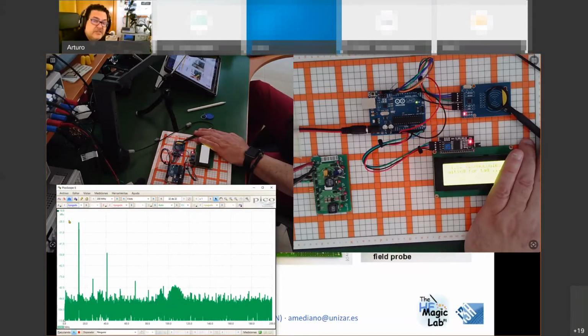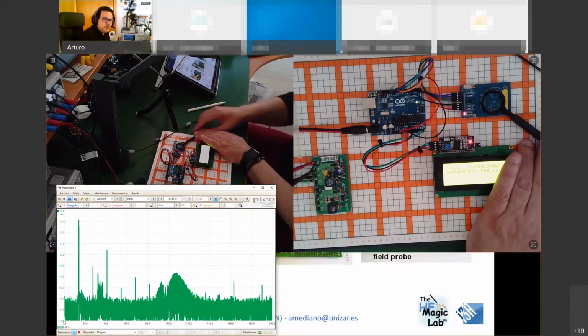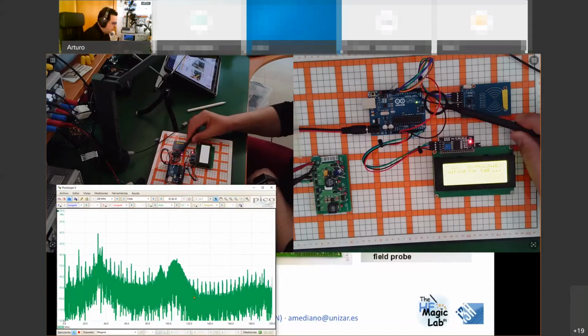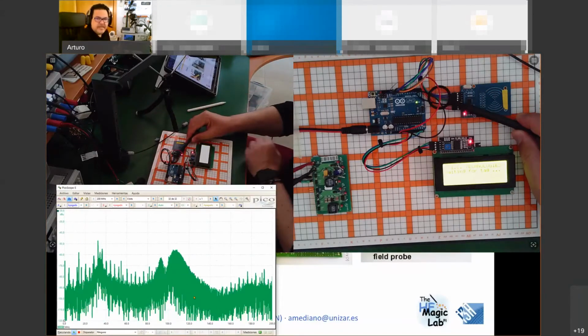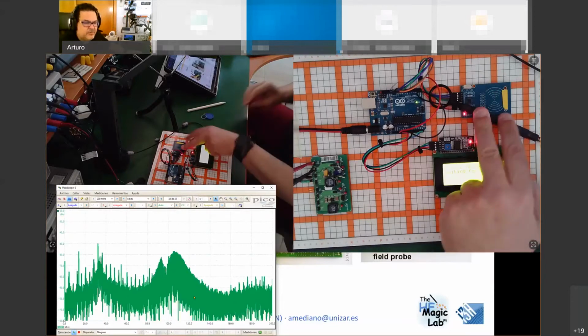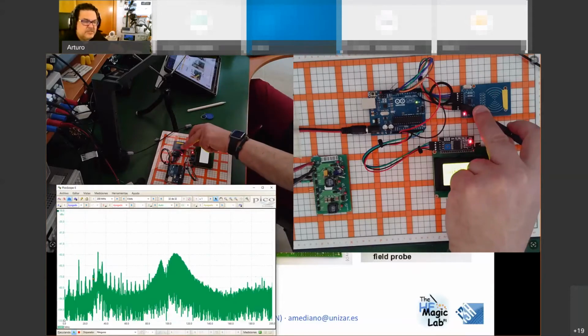The RFID system is using one of the ISM band frequencies, 13.56 megahertz. And because this is not a perfect sinusoidal signal, we can see the second harmonic and the third harmonic. Additionally, I can see the mountain that is related with my problem of emission at 100 megahertz. Now, if we go close to the microcontroller, when we go over the cables, you can see that I have a lot of emission at different harmonics that are related with this